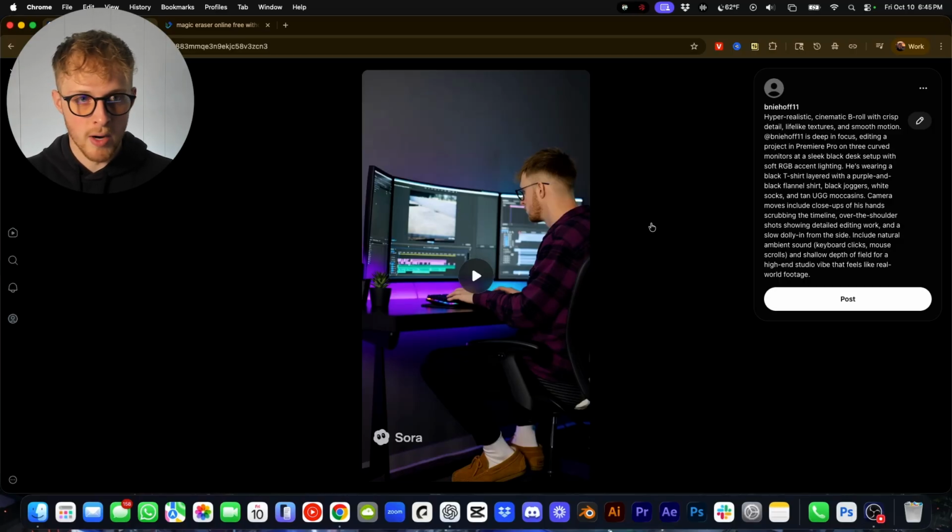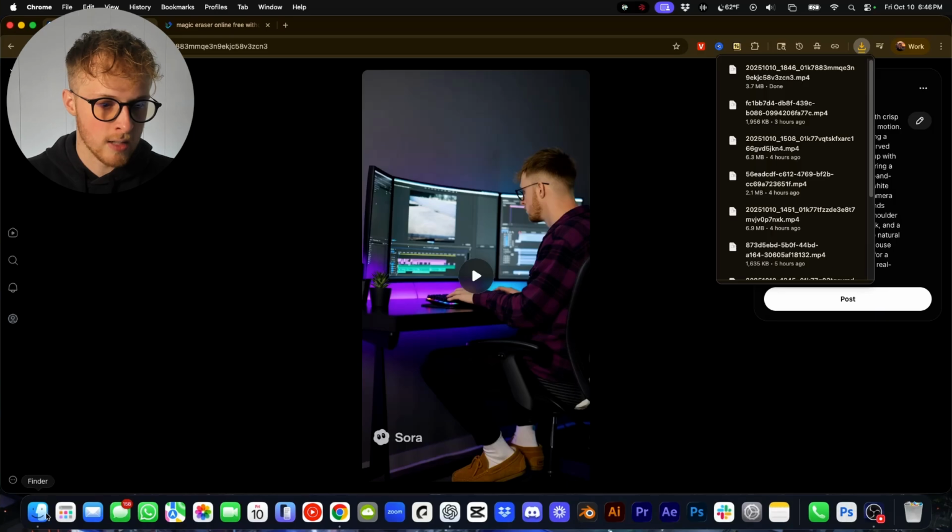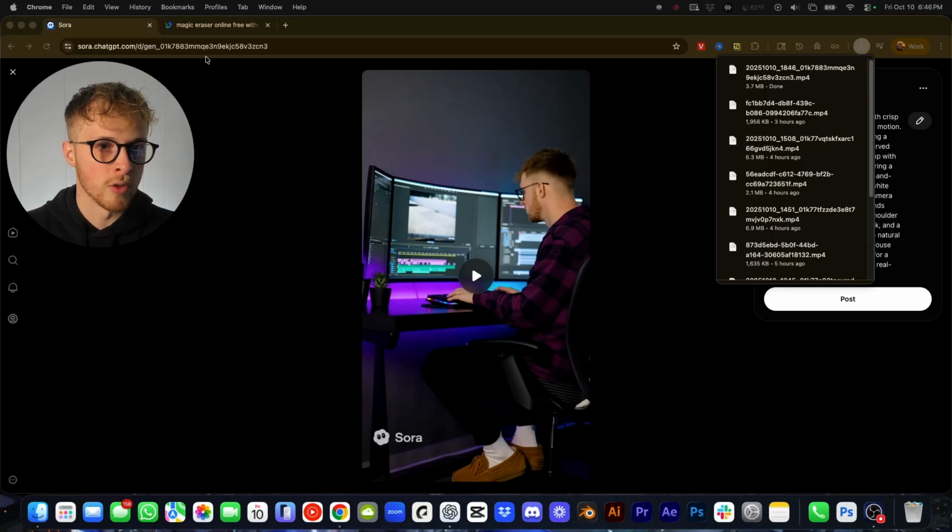So anyways, you may be thinking, well, what do I do with these watermarks? So assuming that you guys are on the plus plan, but if you are on the pro plan paying $200 a month, then you don't have a problem with this. You're not gonna have any watermarks, but I'm going to assume most of you do have watermarks. So what you can do is you can come over to these three dots, download your clip, and then once you download your clip, you can come over to